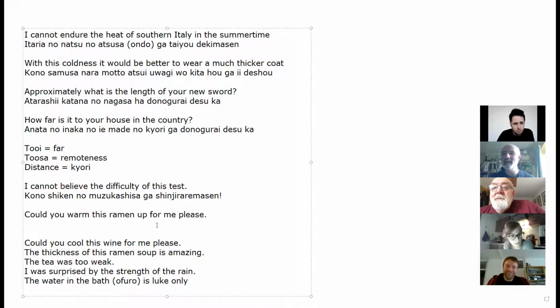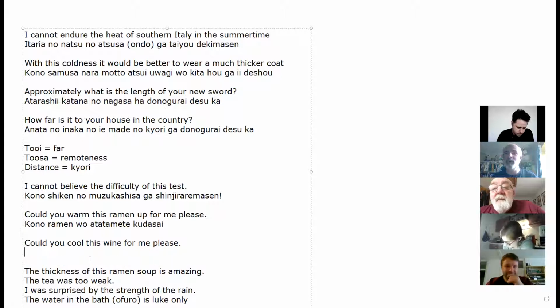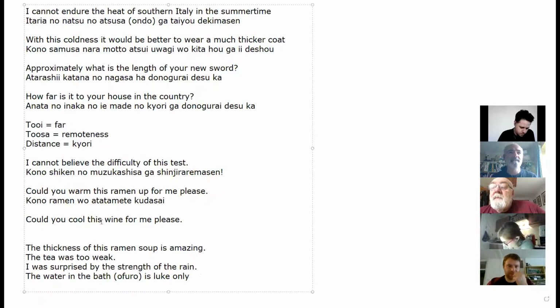Okay, Sophie, could you warm up this ramen for me, please? Kono ramen o atatamete kudasai. Very good. Yes, exactly. Cool, good. And are you there, Kim? Yes, I'm there. How about this one? Could you cool this wine for me, please? Kono wine o,